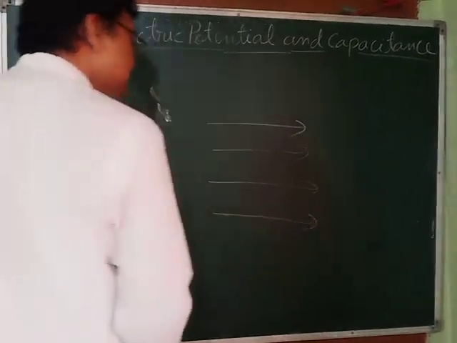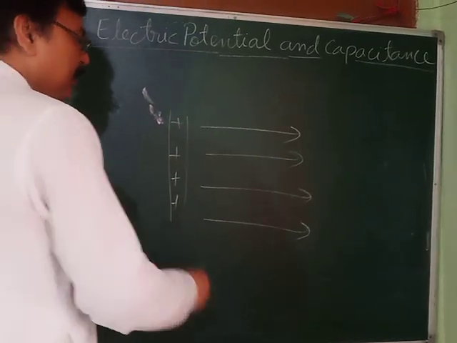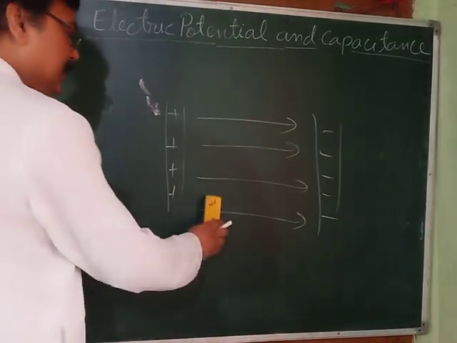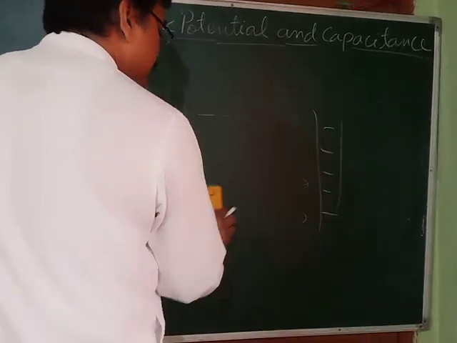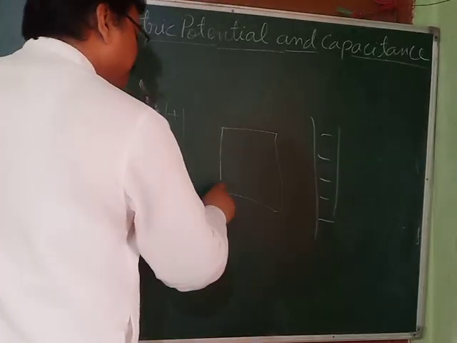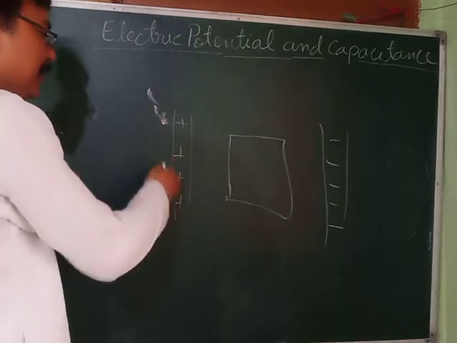How is this electric field generated? Obviously, you will have an area of positive charges here and an area of negative charges. I have already told you. Now I'm going to remove this, and suppose you have placed an insulating material here. Do you know what will happen? You know very well. It will attract.